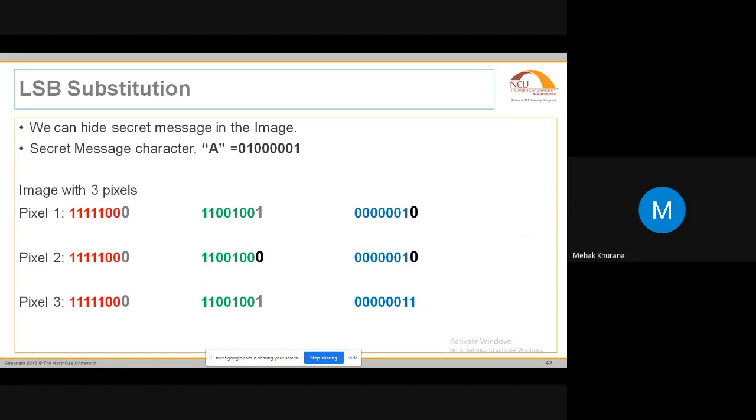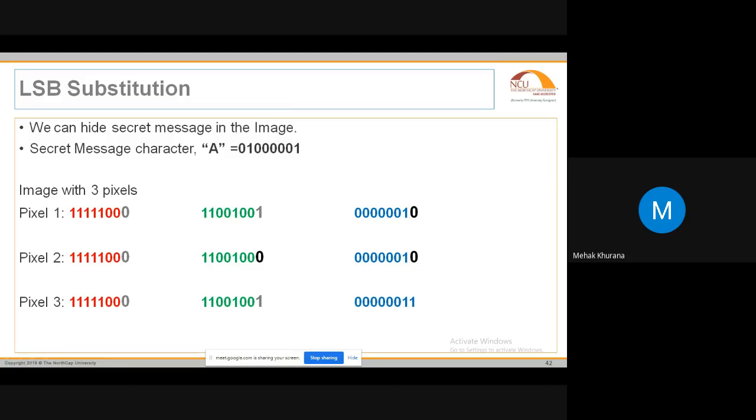Now converting the message A, as we have seen, it is coming out to be 65, which is 0, 1, 5 zeros and 1. Now what I have to do is change the least significant bit, because this is LSB substitution. These were the pixels earlier. Whatever is highlighted in gray is the message that I am embedding in the original image.